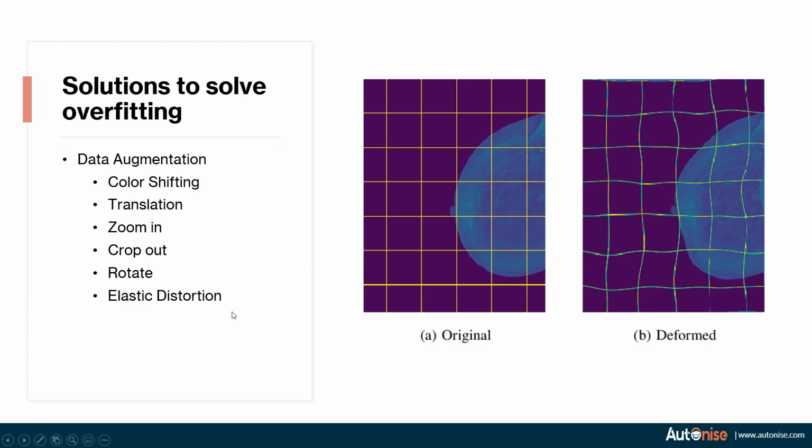So there can be many different ways to augment your data for your specific data set, and you can implement it to reduce overfitting. So even if you have 100 images, by data augmentation, you can make it lakhs of images, which will help train the model better. So these are the ways to reduce overfitting.